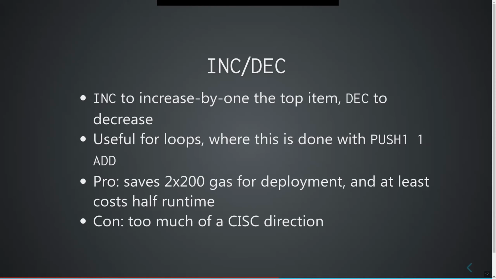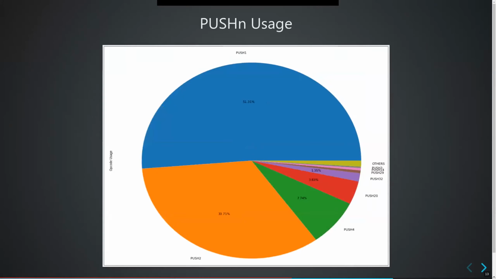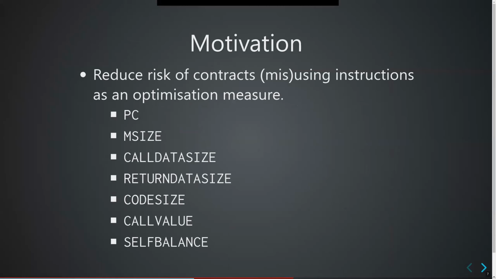Yeah, maybe a slight clarification is that PUSH0, as explained by Hugo in the first half of the slides, has a number of motivations for why it is useful, because it definitely reduces the cases where other instructions are kind of misused in optimization cases. Given the design of the EVM, these offsets are really common in every single contract.